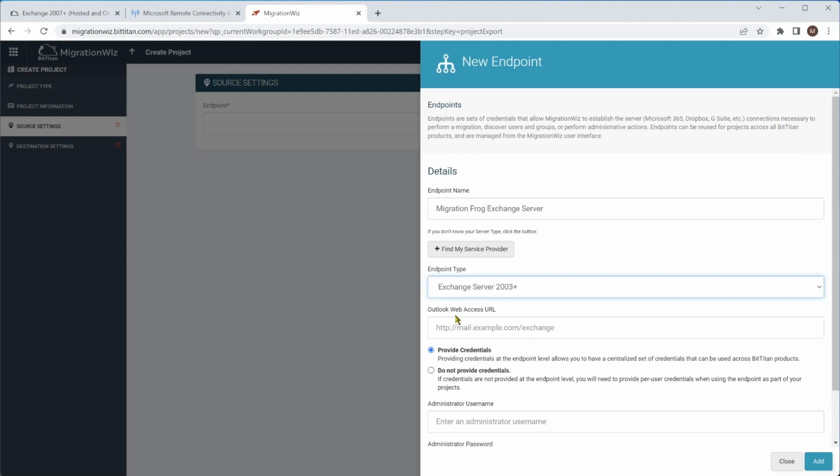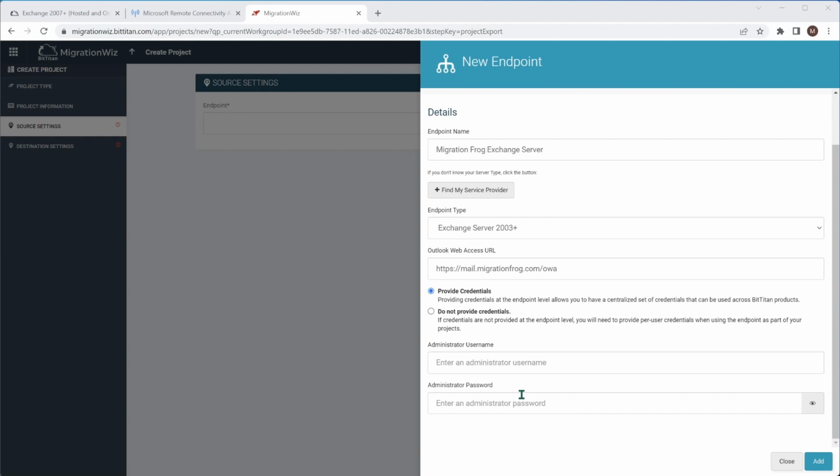Now, it wants to know the Outlook Web Access. This is the connection externally that the MigrationWiz console will use to extract all the data. That will actually be your OWA address that the service account is going to use with those impersonation rights to get in and get that data out. So in this case, we'll type in that address like so, and we will provide the credentials, which will be